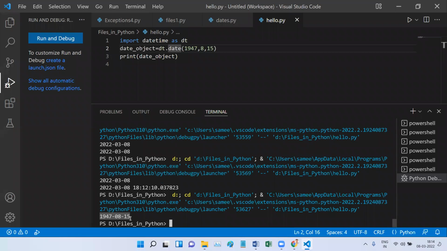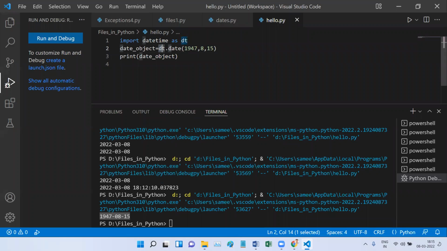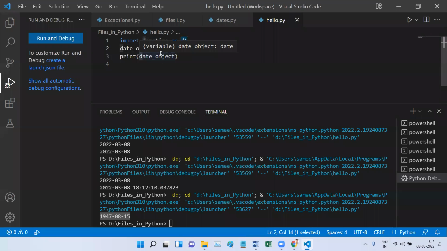Before going further, I want to remind you what we are doing here. We have this date object. Then what are we having? We have this class called date. Where is this class called date? This class called date is inside this datetime module. Good. But while I am creating the object, I am passing some variables. You can see, this is a constructor. I just want you to revise our previous concept.